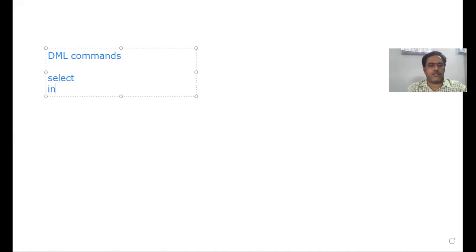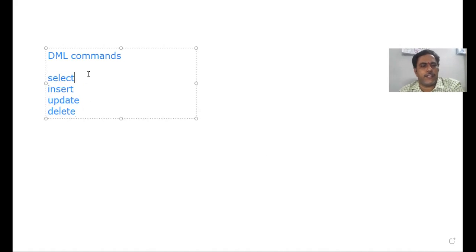Select, insert, update, delete. These are the 4 commands that are called the DML commands. So what are the advantages of these DML commands? We can modify the data. We can manipulate the data. Generally the data is available in the form of tables, and if you want to make changes to the table data, then you can use the following commands: select, insert,